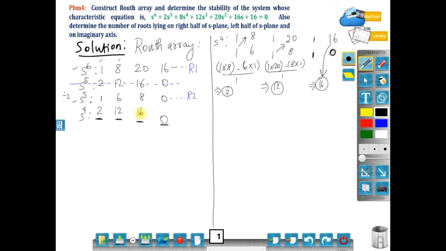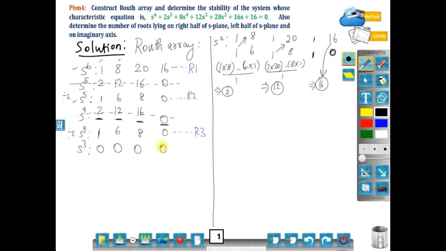While observing this row, you can also divide the row by 2. You will get the same 1 6 8 0 row. So this will be your row 3. Please don't consider the original row. The next thing, S power 3. S power 3 will of course be 0, 0, 0, 0, because the previous 2 rows are 1 6 8 and 1 6 8, so absolutely we will get 0 as a result. This is a model 3 problem.